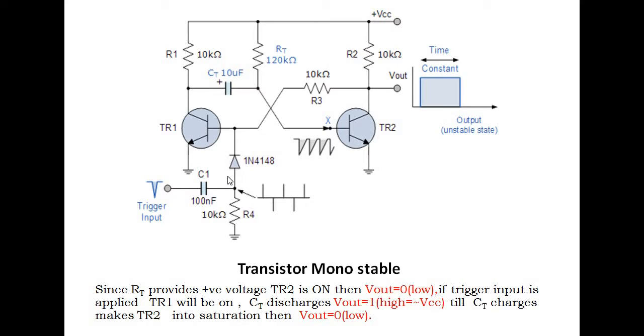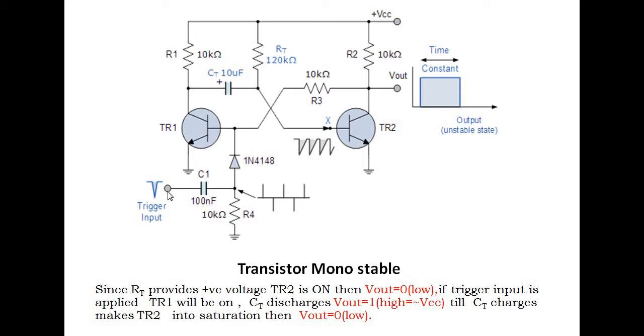High pass filter filters out the thing, and the output of the high pass filter is going to be impulses at different instances, right? We have impulses at this point, and only positive impulses will be allowed to pass through IN4148. So we are going to have positive impulses at TR1.